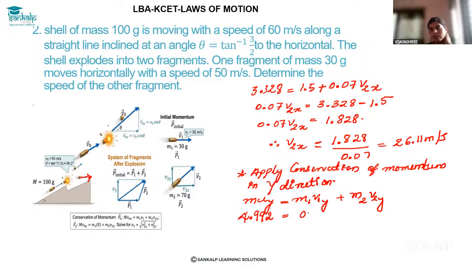So the momentum in the vertical direction is 0 for the first fragment, plus m2. Consider the second fragment. The mass of the second fragment is 0.07 kg into its velocity, which we don't know, v2y. So now calculate the velocity. v2y is equal to 4.992 divided by 0.07, which is equal to